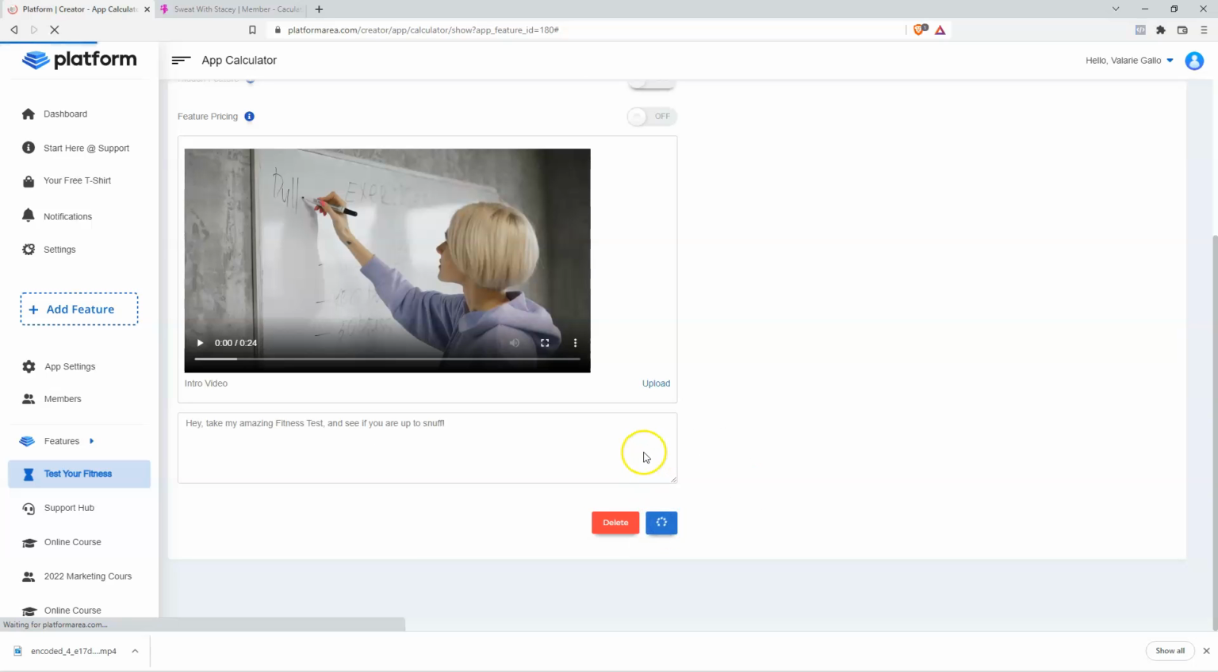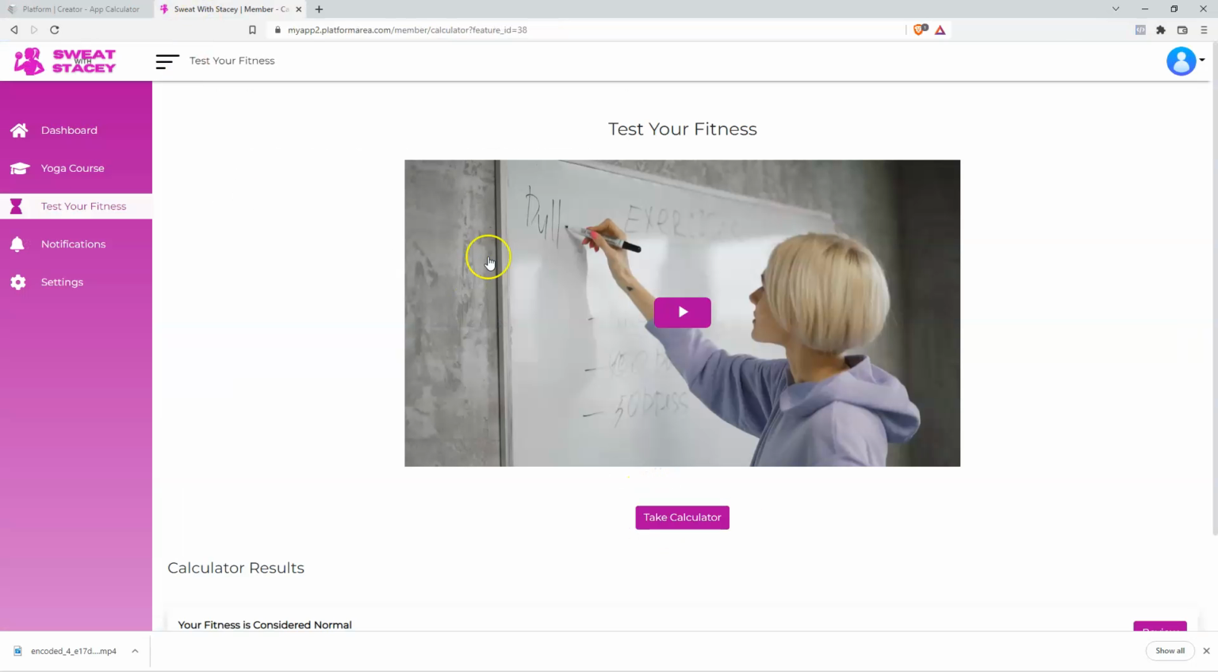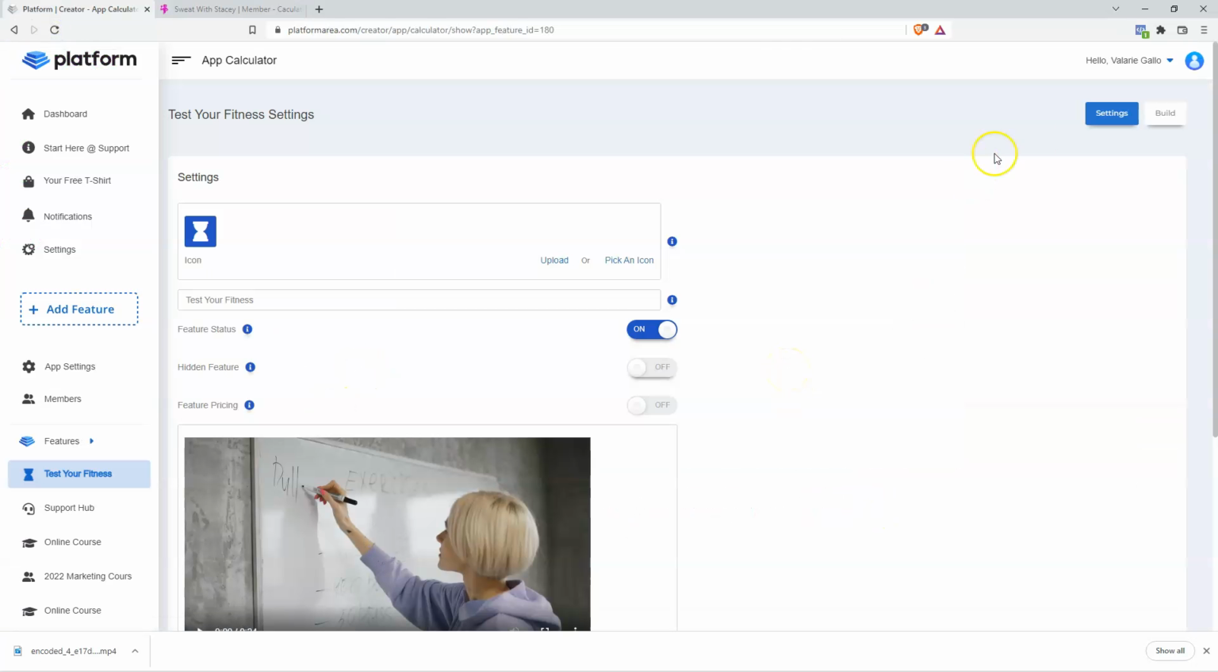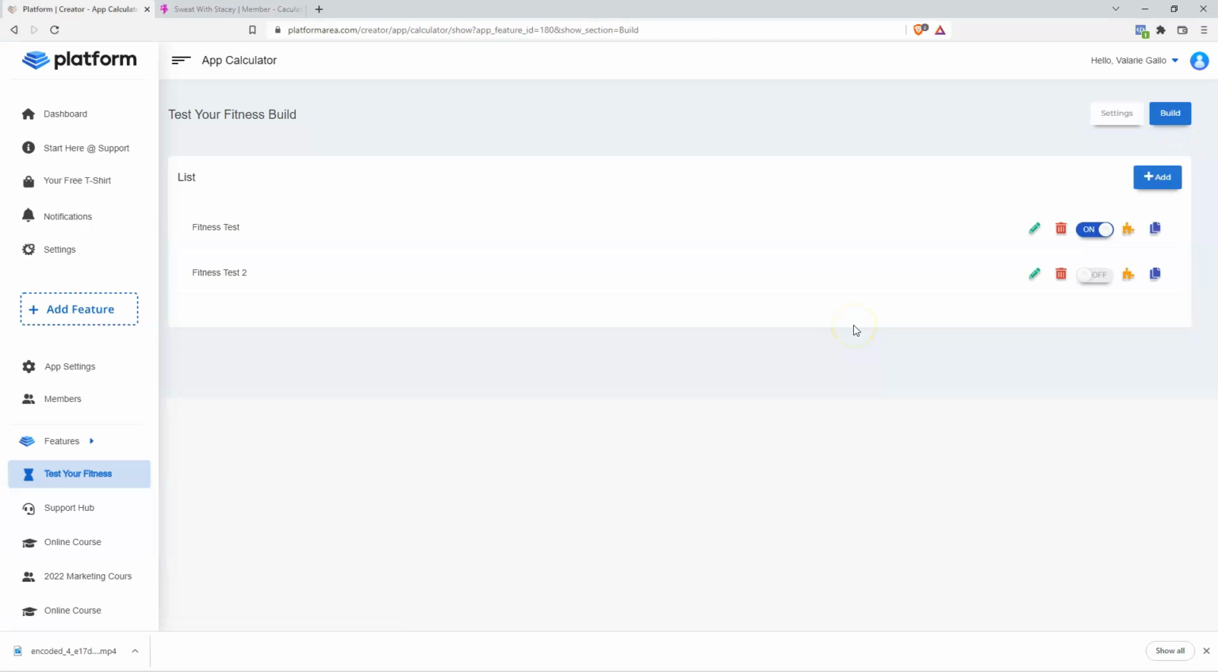And we're going to click save. And now if we jump back to our membership site and we refresh, we can see here's the text underneath here. So that's all for the calculator settings. If we go back to the build, that's pretty much all for the building of your calculator inside your membership